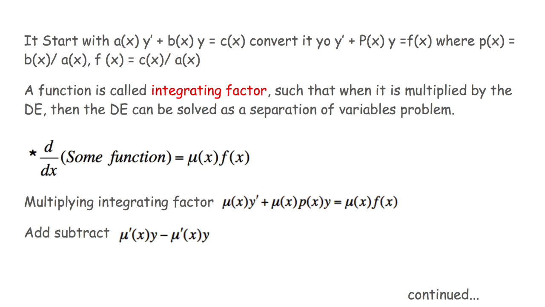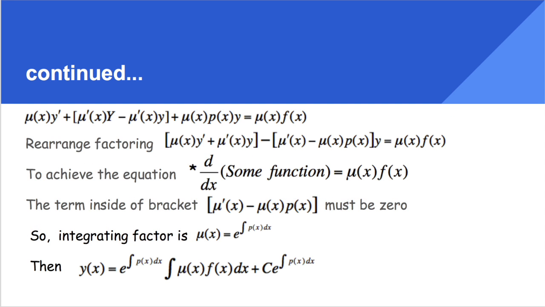There is a function called the integrating factor, such that when it is multiplied with the differential equation, it can be solved by separation of variables. Now, let's see how to find this integrating factor, represented by mu of x. Multiply this by the differential equation. Now add and subtract mu prime of x times y. By rearranging all the terms, we get an equation in which mu prime of x minus mu of x times p of x has to be 0 in order to get the separation of variables equation of the form d over dx of some function